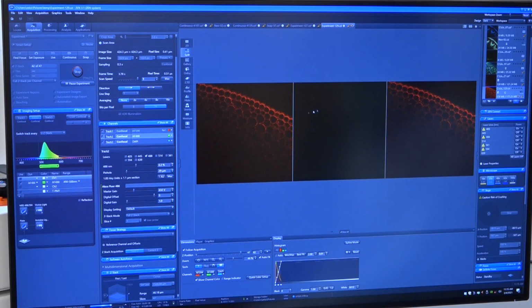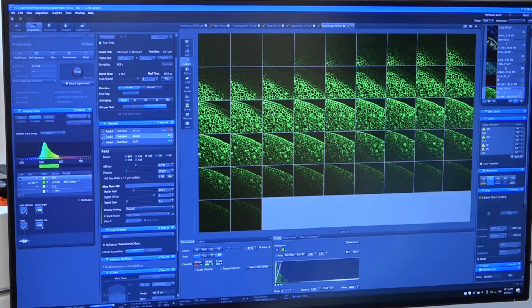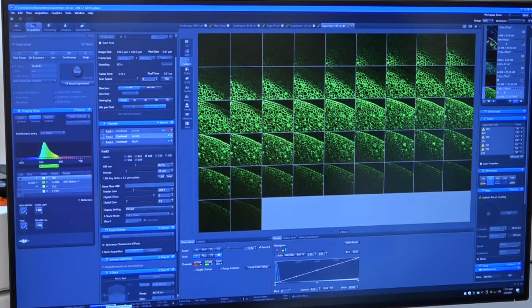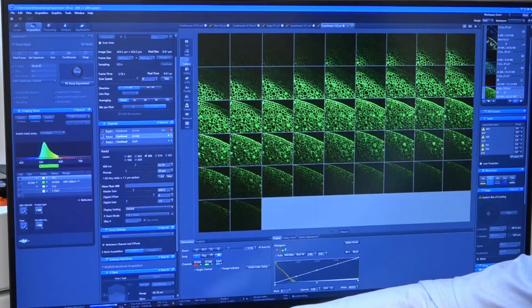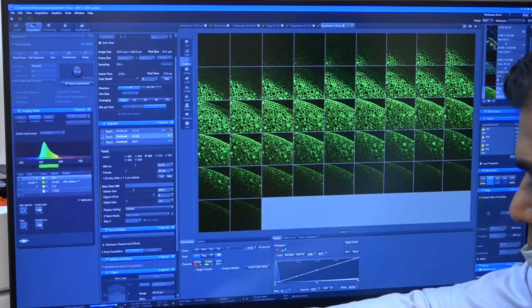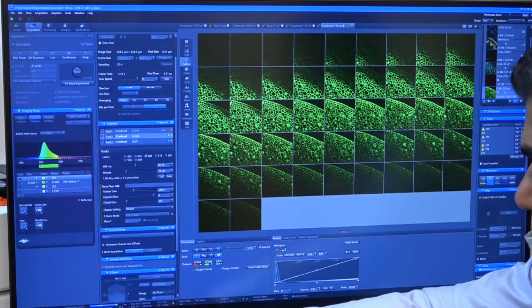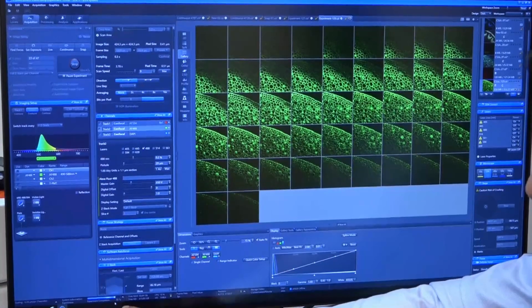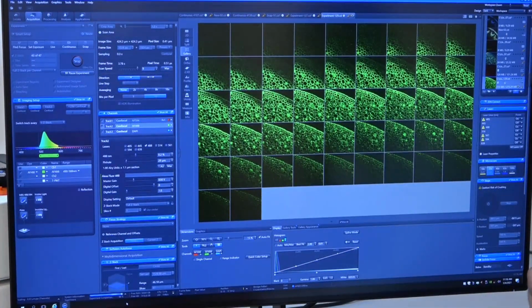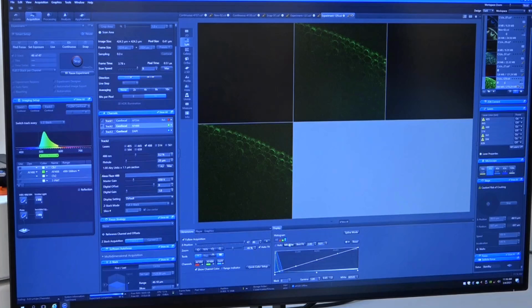So once the red is being taken, now the green. As you can see the green channel, you can select the green. So the experiment process, you can see here what is the time it is being taken. The entire experiment process can be visualized from here, and at the same time what is the percentage of the progress of the experiment can also be seen, or keep a real time tracking. You can do it from here. So you see 96%, this is about to get completed. The DAPI